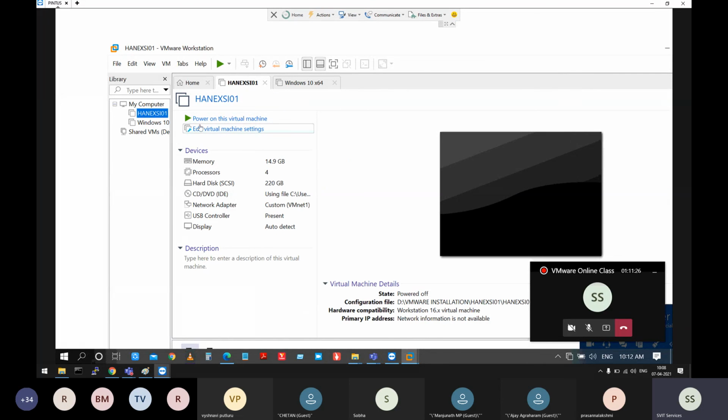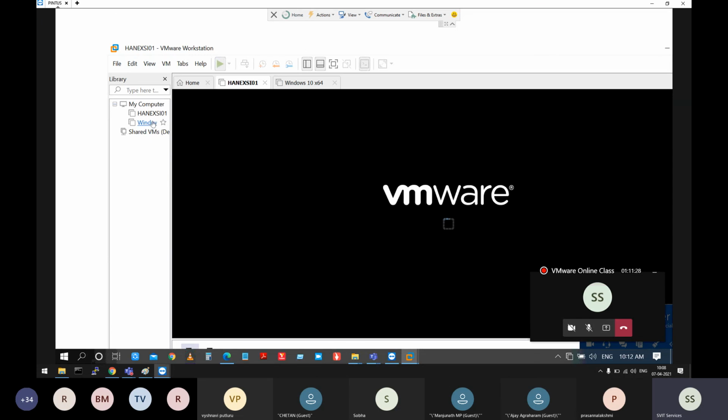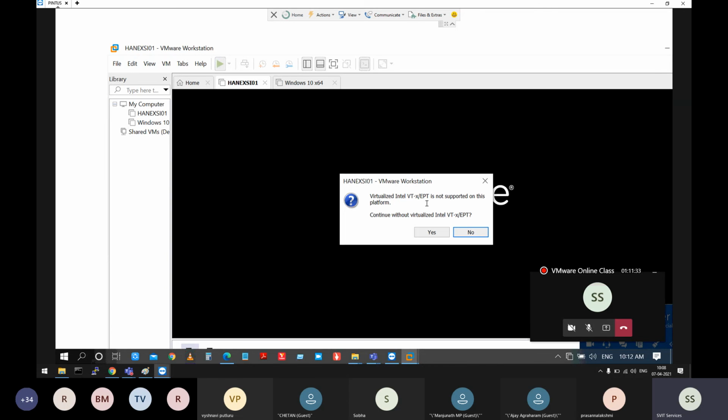So on his laptop, there are two other computers we have created using a software called Workstation.